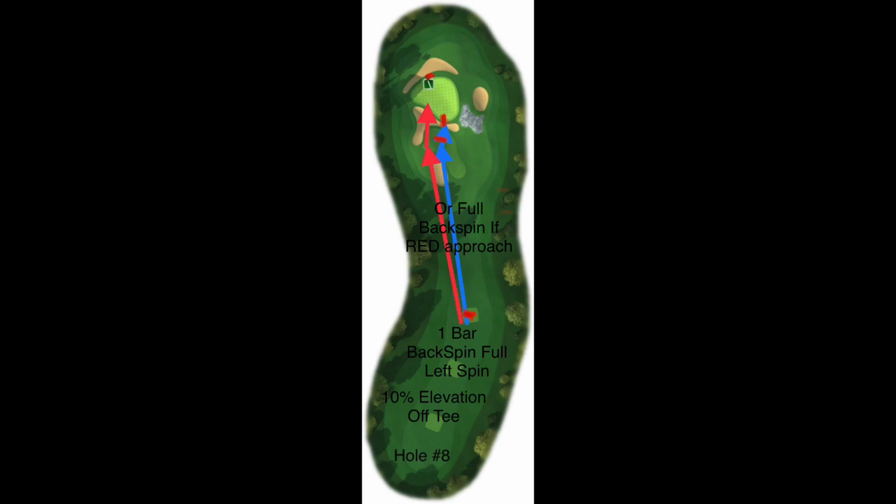But you want to play this one with a 10% elevation adjustment off of the tee box and basically line it up to where it's right in the middle of that little panhandle fairway, where your second bounce is going to bounce just onto the corner of that fringe of the fairway, where your ball guide is kind of riding the hill down to the hole, and your ball guide with 1 bar backspin,